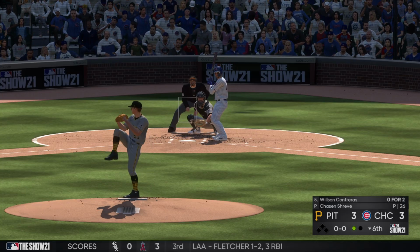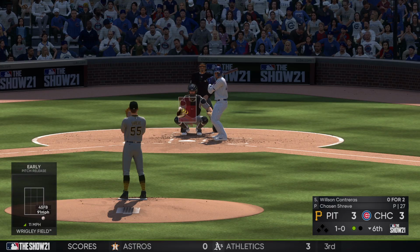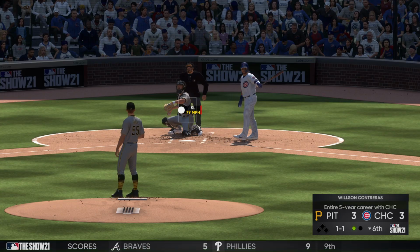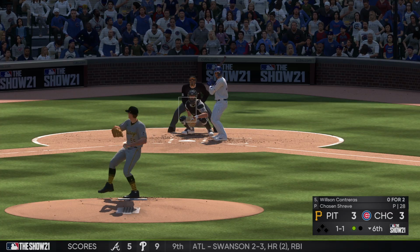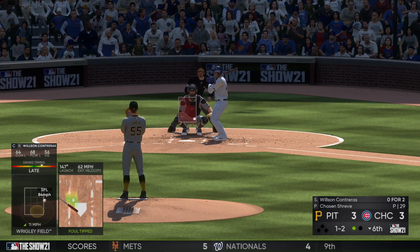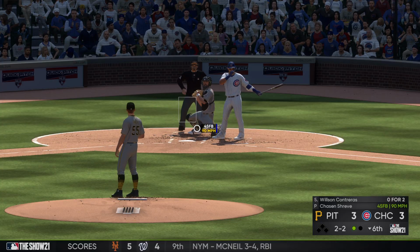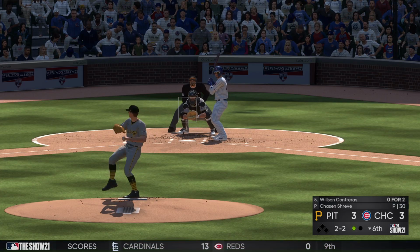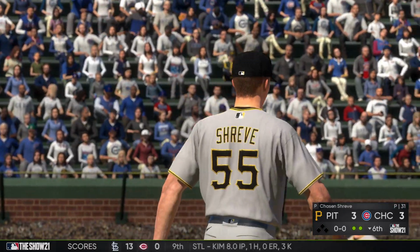Here's the young catcher, Willson Contreras, as he'll take a look at ball 1. 0 for 2 from him so far in this one. And a strike to even the count, 1-1. A strike to Contreras, and it's 1-1. To 2 balls and 2 strikes now. Bases are empty, 1 man out. Swing and a miss there on a late breaking slider as he's set down on strikes for the second time